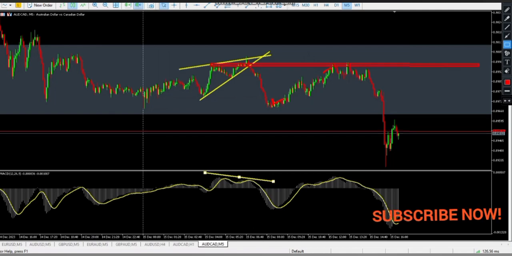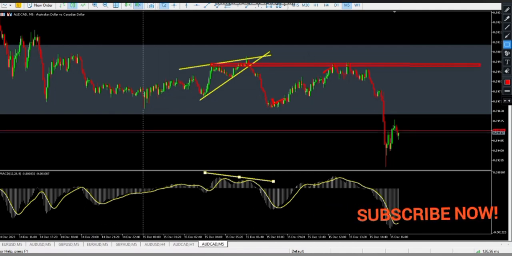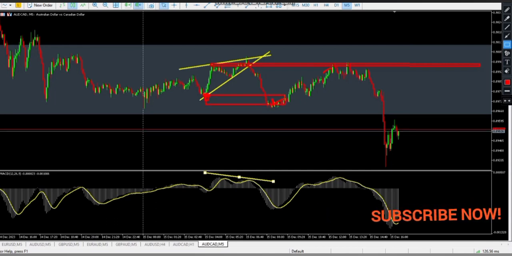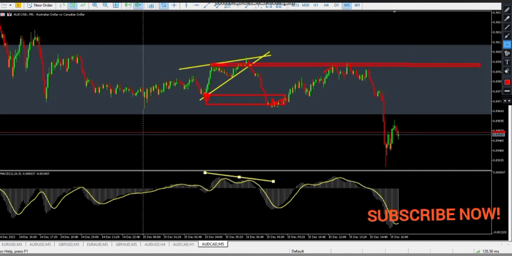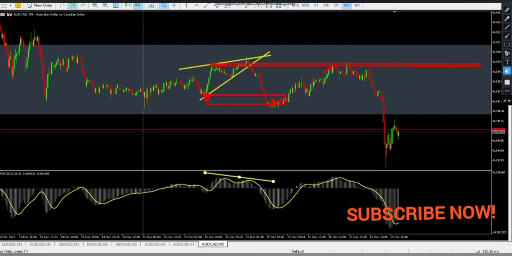Have you seen? Price went back there during the London session. It hurried up to complete the M pattern here. It completed at this level, and then price began to rise to retest this level. Now on retesting this level, discover what happened here, guys. Price, in the process of going back up,